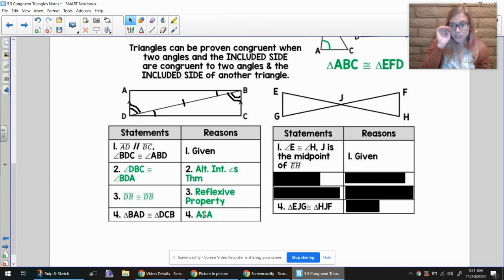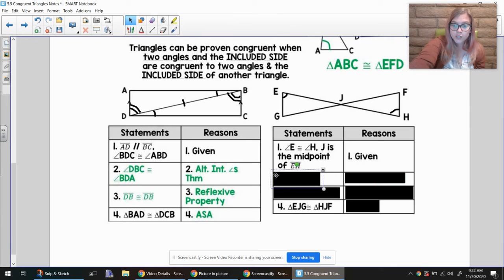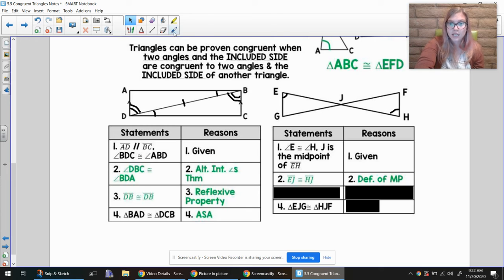We can prove those triangles are congruent using angle side angle. Let's look at one more angle side angle, and then we'll move to our last two shortcuts. So we know angle E is congruent to angle H, and J is the midpoint of EH. Well, first, because J is the midpoint, I know that EJ is congruent to HJ because of the definition of a midpoint,